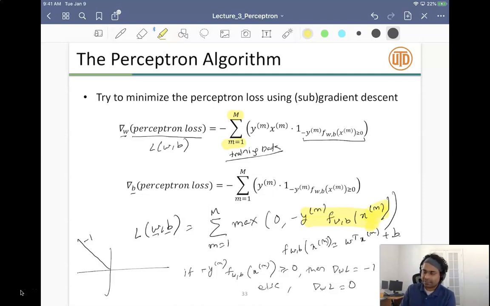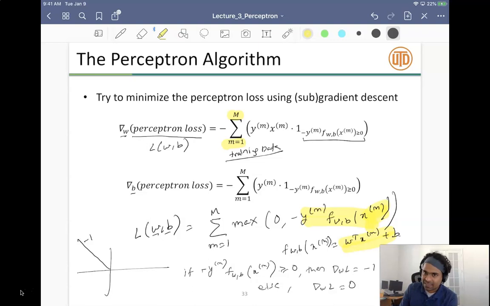So we need to further apply the gradient with respect to w, and this is just a linear function. So now my f of wb is just a linear function. The gradient of this with respect to w is just xn, and then I have a ym over here. That's why I have this ym multiplied by xn, which gets multiplied outside by this indicator function. So this is a very simple gradient with respect to w.